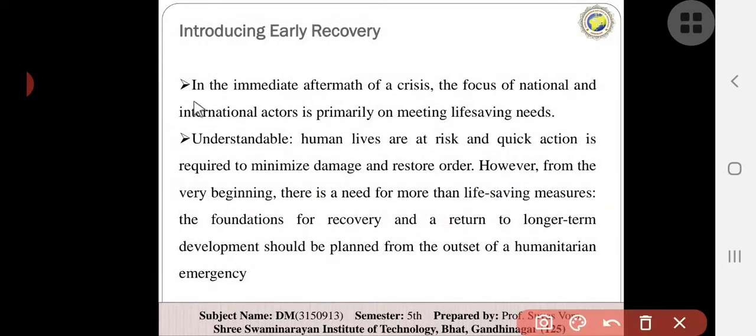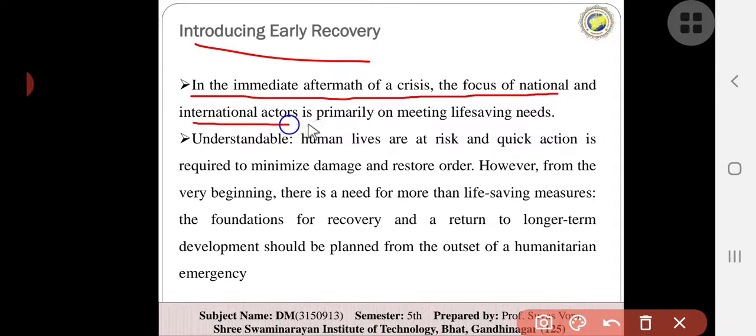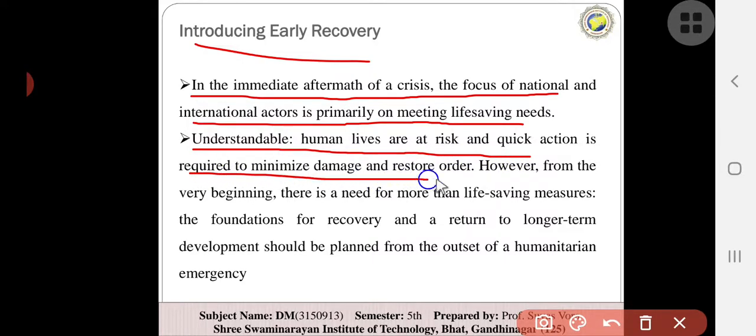Then after, we can see early recovery. In the immediate aftermath of the crisis, the focus of the national and international actors is primarily on meeting life-saving needs. So human lives are at risk, and quick action is required to minimize the damage and